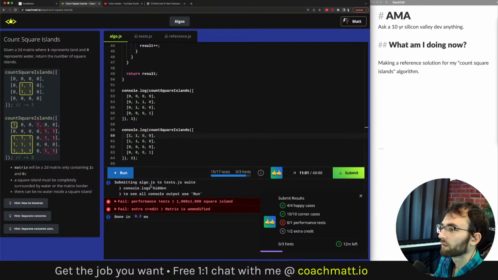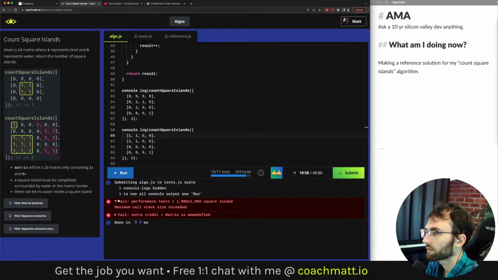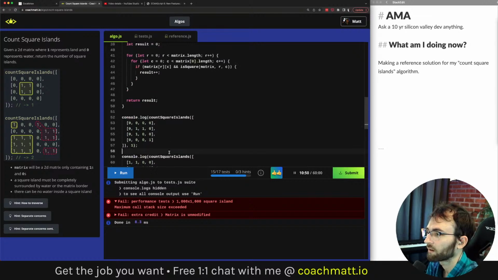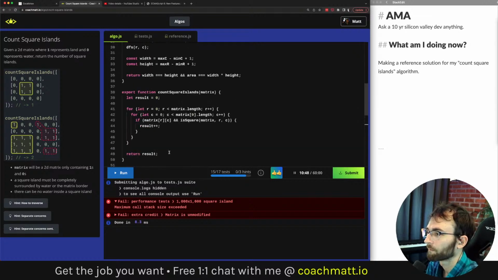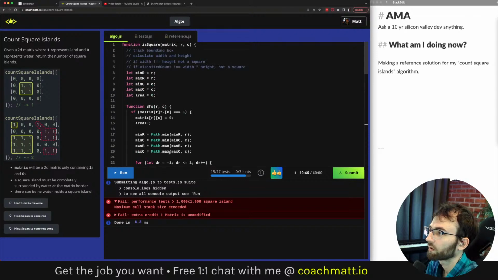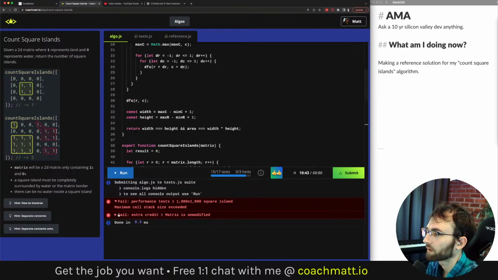Okay, so it looks like, oh, interesting. Our performance test is failing because of a maximum call stack size. That makes sense. I'll have to think about that one. But then our extra credit test is failing because we are modifying the array directly.